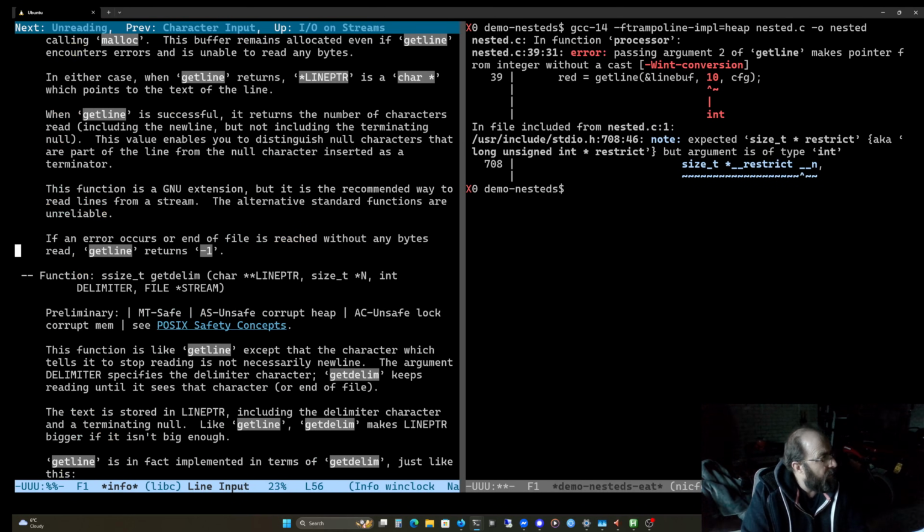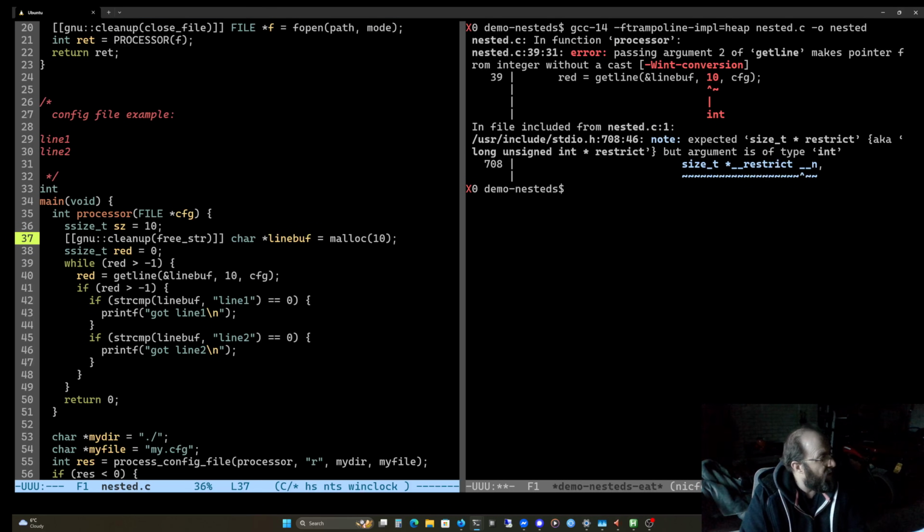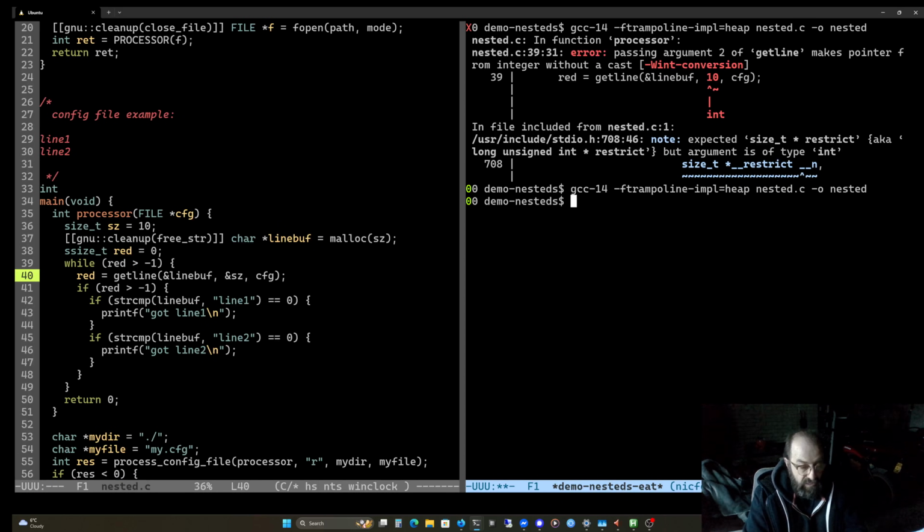Sorry, I can't remember what it was. Oh, it's a size_t, not an ssize_t. So we can use it here. And then we want the address of that because it's going to put that in, I guess.